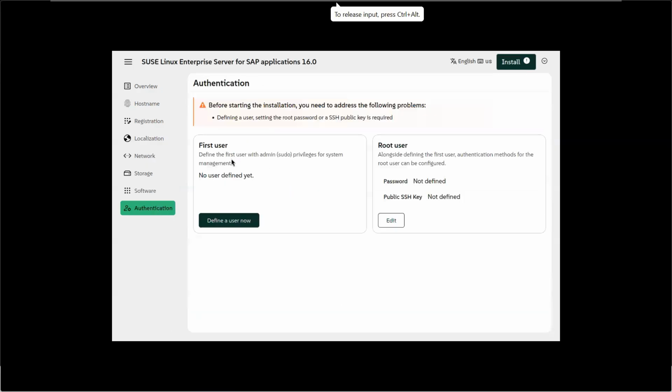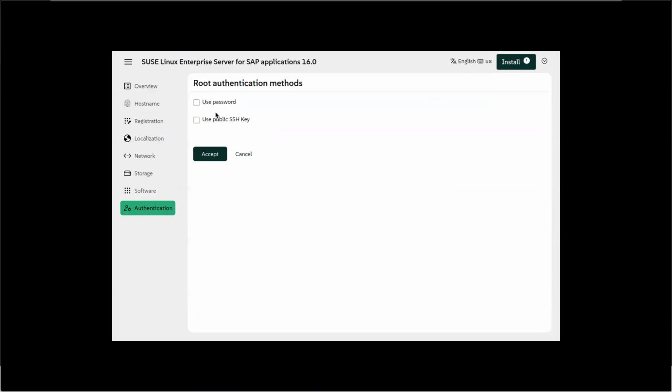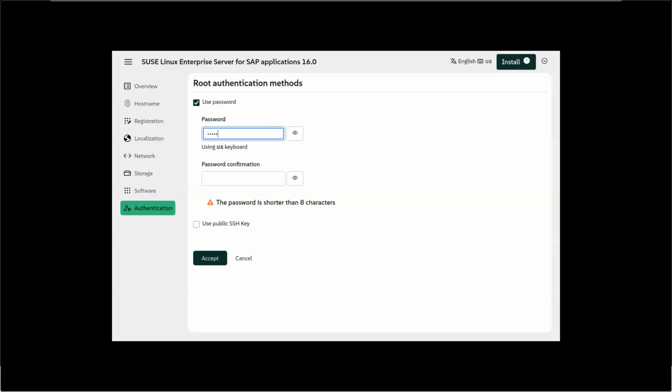Here, you want to create your own user, means create, but I am not creating my own user, and click edit here. So root, our user is root, select use password. So I want to log in into this Linux operating system by using user root, and I want to create password for root user. I'm entering as